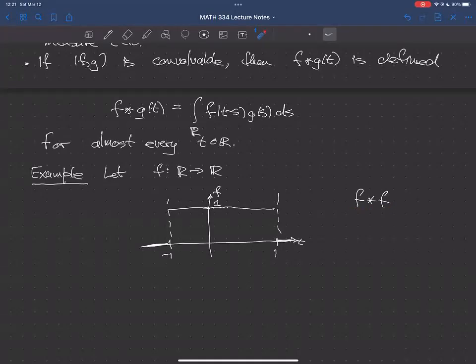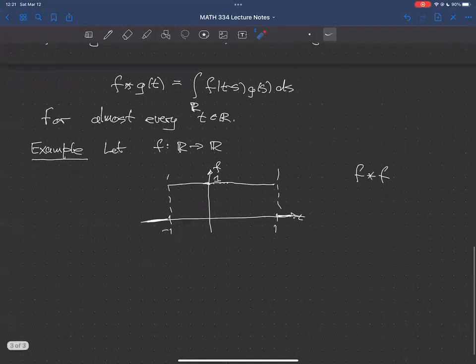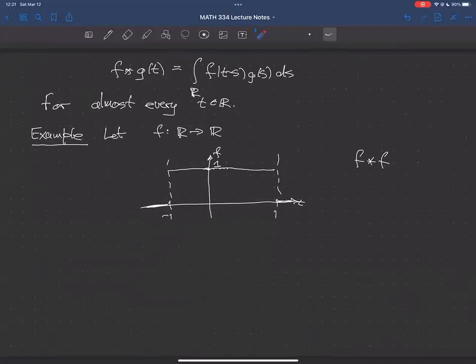And if you think about that for a second, what that means is that it'll be non-zero for t between -2 and 2, because as soon as I shift by more than 2, then the graphs are going to not overlap. Okay, so the point is, at the end of the day,